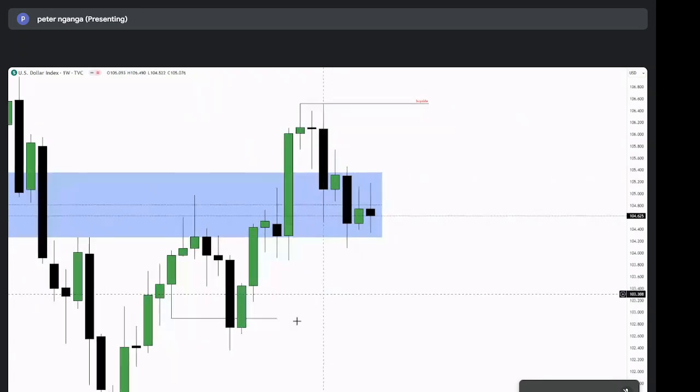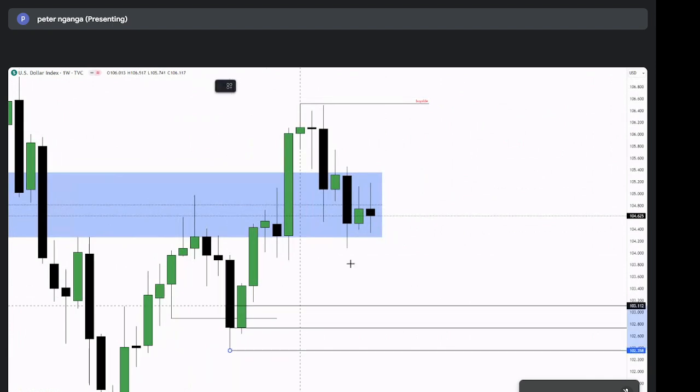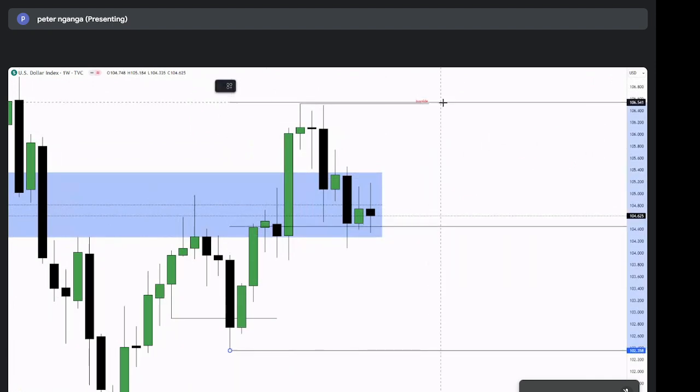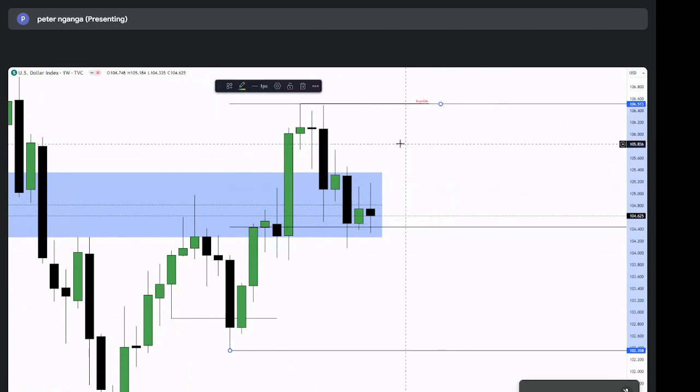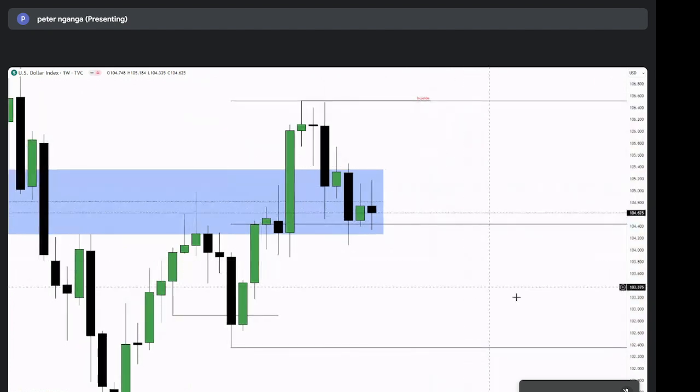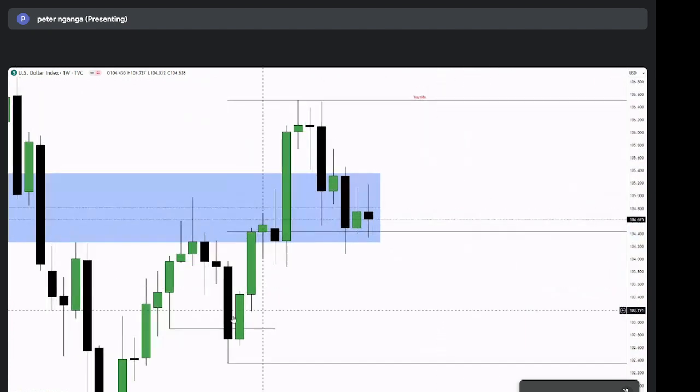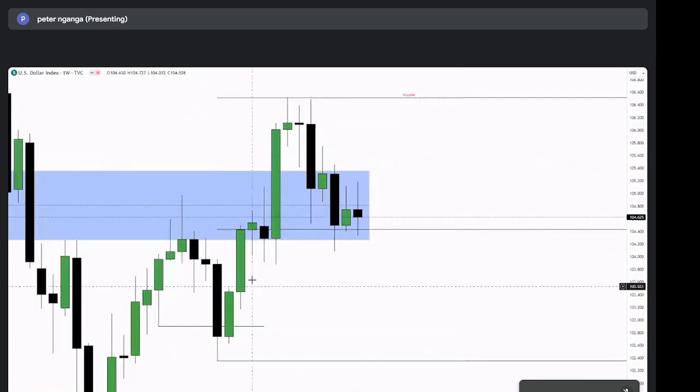So now, this is the current range that I'm looking at right here. So that is the range I'm looking at. Now 50%: below 50% is discount and above 50% is the premium. So we have come down to below 50%